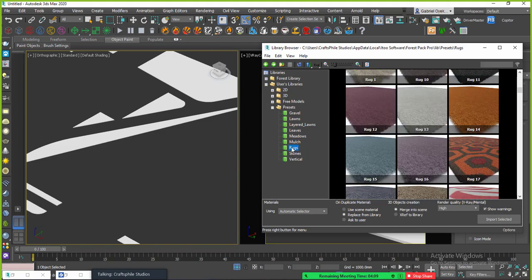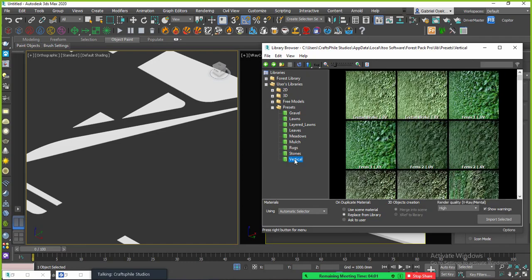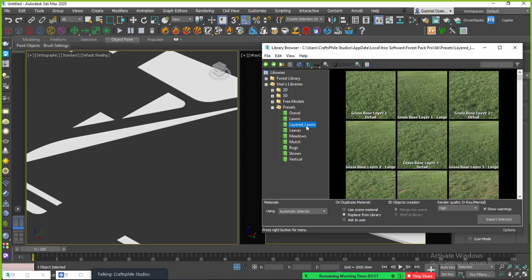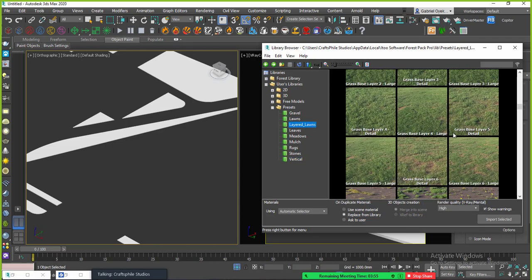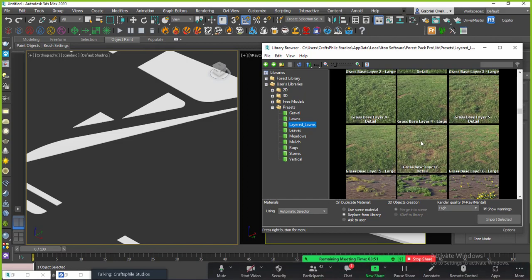In fact, excuse me, you can use Forest Pack to create rugs in your interior. You have stones, you have vertical plants as well. You have many things, but I'm going to use layered lawns. And for this, I'm just going to use this that does not have too much